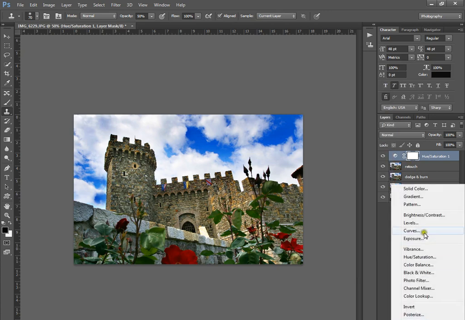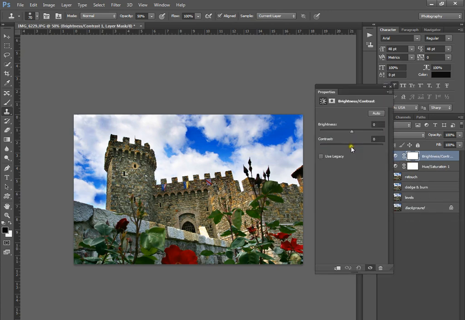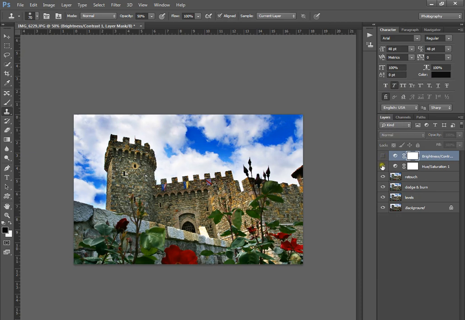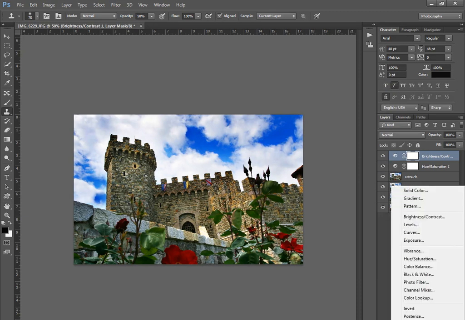We're going to add a brightness and contrast layer. We're going to add a little bit of contrast to this and bring down the no, I like the brightness. I think the brightness is fine, so keep that as 0. And we just wanted to add a little bit of contrast, so I put it up to about 20. About 20 is good. So if we turn off these layers, we can see the difference. So there is the hue saturation, brightness and contrast, and now we're going to add a vignette, which is a